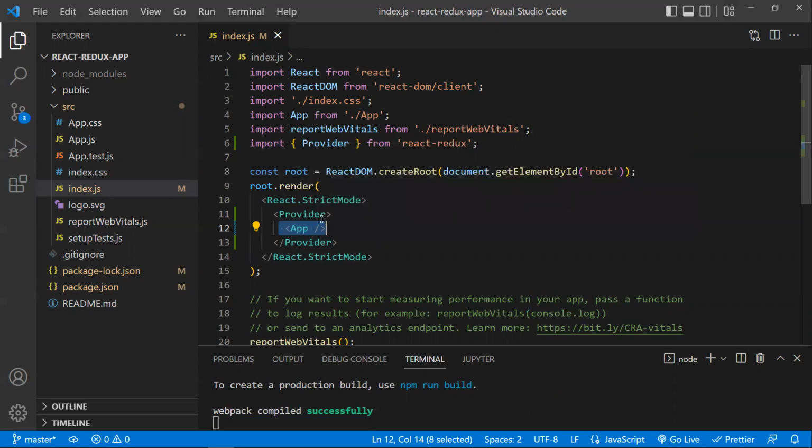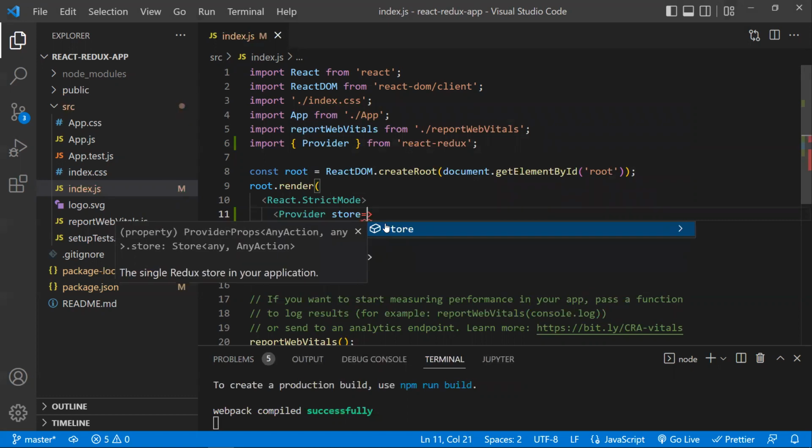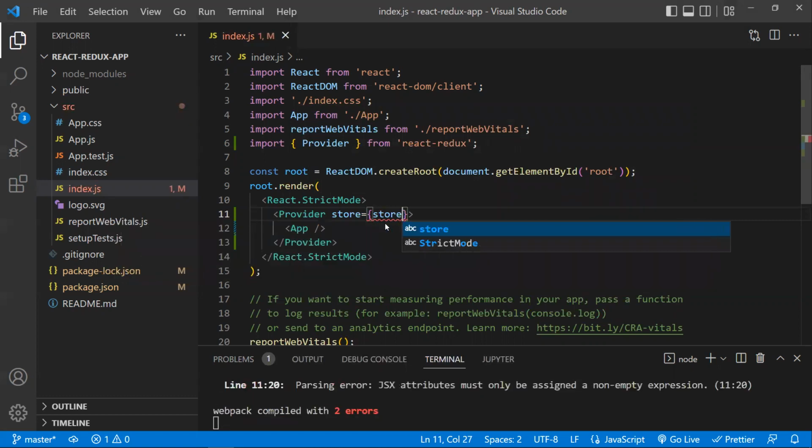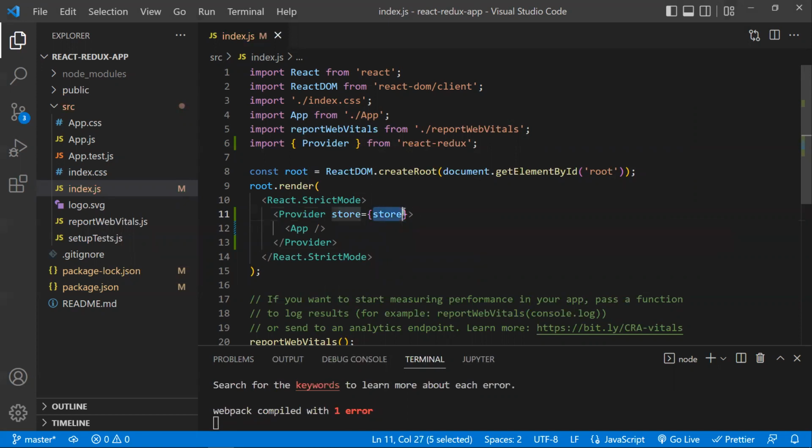Clear? This provider needs a property called store. You need to pass the store here. What is this store? This store is what we are going to create. This store is nothing but a single large-scale state. Throughout the application, you want to maintain a single state, right? That is what this store is about. The property name is store, and we are assigning the store to this store